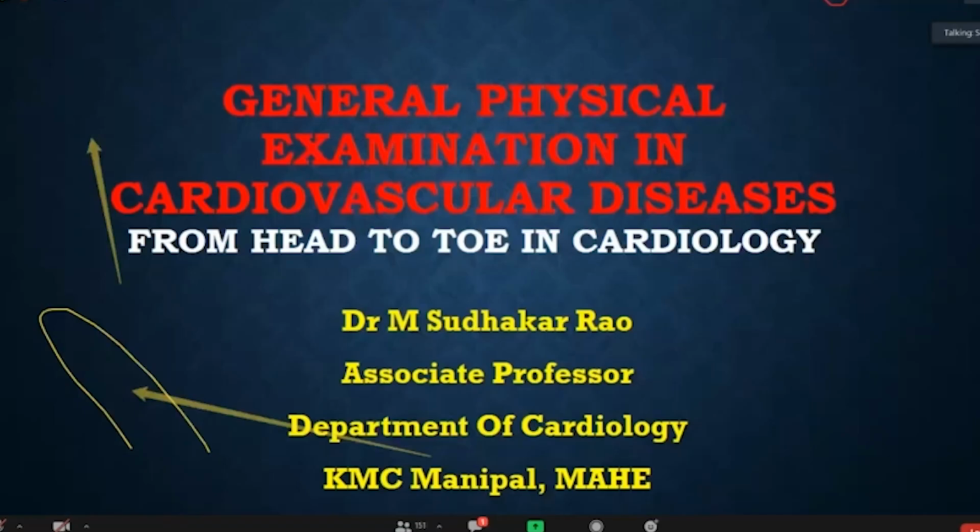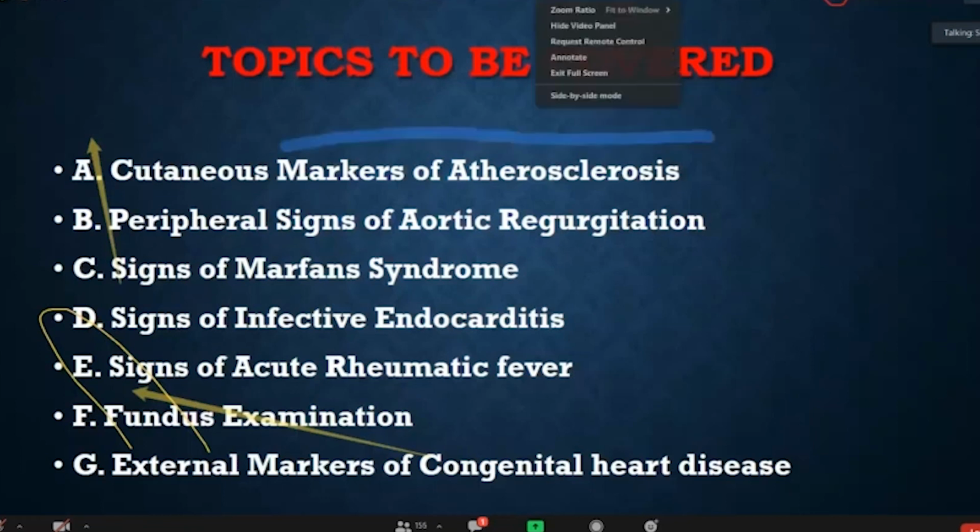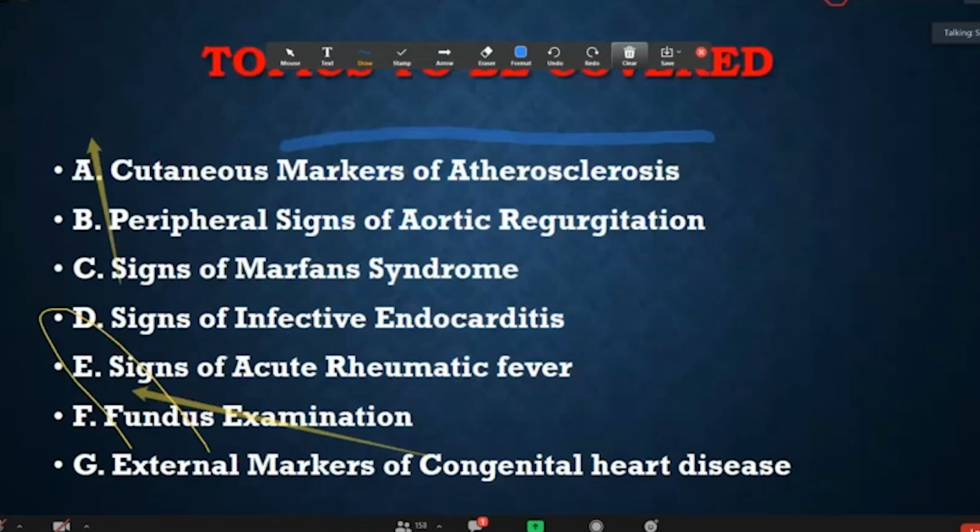The things which we usually do: normal pulse, BP and respiratory system, and what we commonly call the pickle, that is the pallor, icterus, cyanosis, clubbing, lymphadenopathy and edema. The other markers which we very commonly miss in our general examination are the cutaneous markers of atherosclerosis, peripheral signs of AR, signs of Marfan, signs of endocarditis, signs of acute rheumatic fever, fundus, and external markers of congenital heart